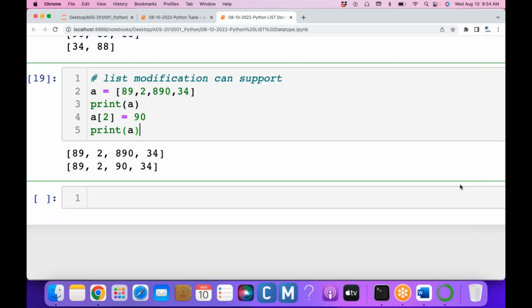Uh-huh. You can't see your voice. Yes, yes. Modify the list. Okay,